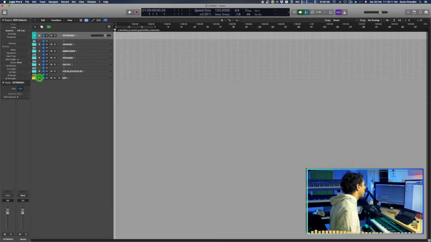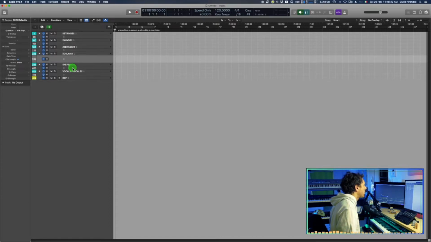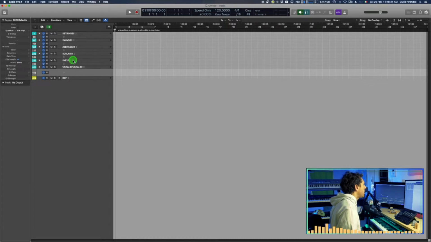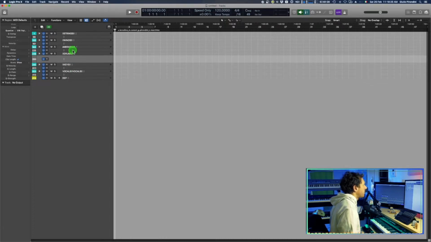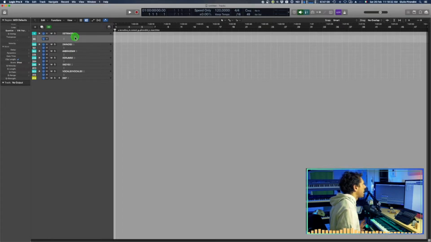Inside these 414 tracks, we have some pointless tracks like this and this, and these are no output tracks, which I use just for a visual goal, to visually separate and organize your structure, your tracks. If you want to know how to create this no output track, you just want to follow this link here